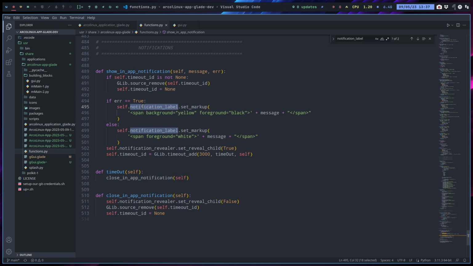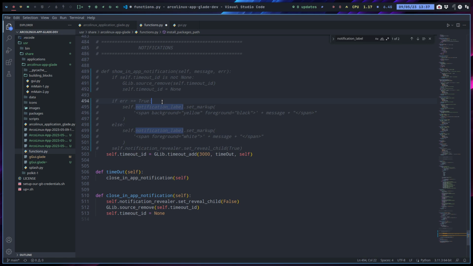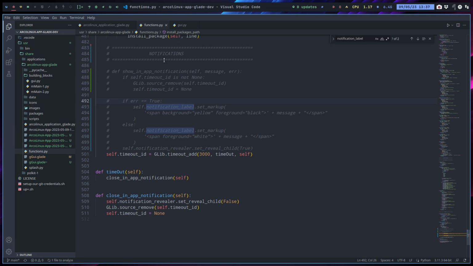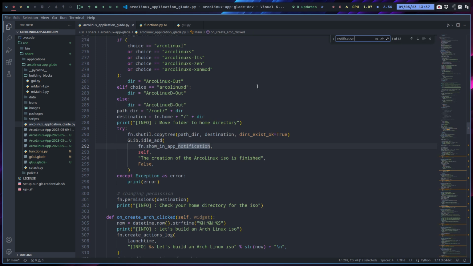And where is it coming from? We're just going to hide it. That's the decision I've just made. Okay, whatever. I'll not do the show in-app notifications, because that needs time to simmer and to figure out how it is working. The notification is used at some parts. We're not going to remove it, but